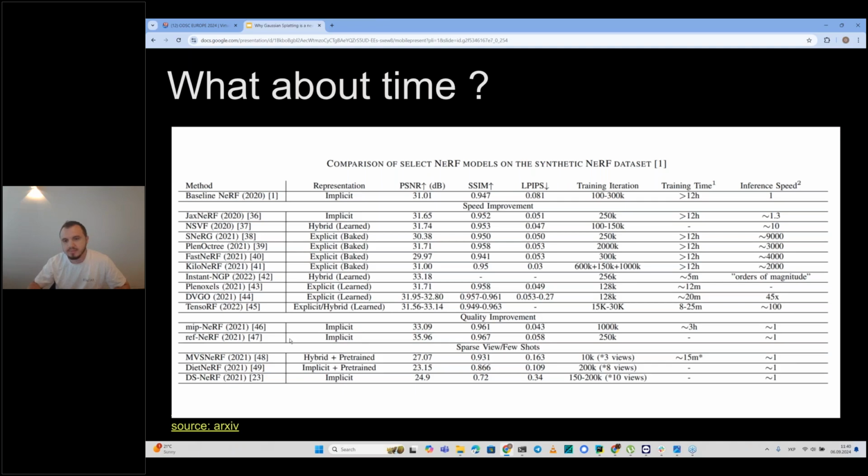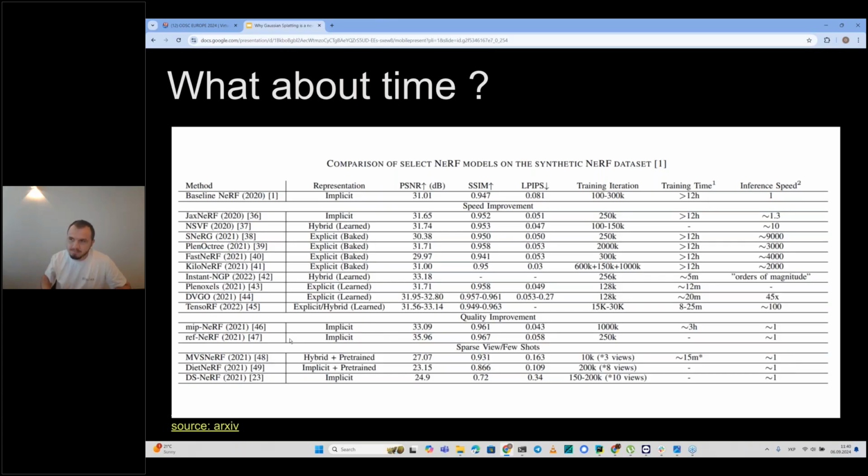And after 2020, hundreds of different papers, different approaches that provide some optimization ideas, how we can speed up the process of training, how we can speed up rendering speed and minimize compute costs have been provided.